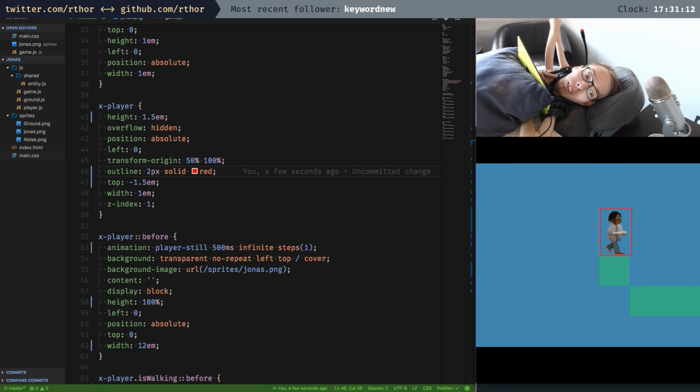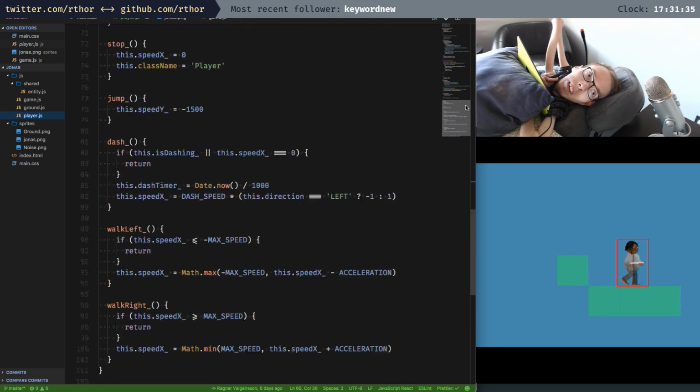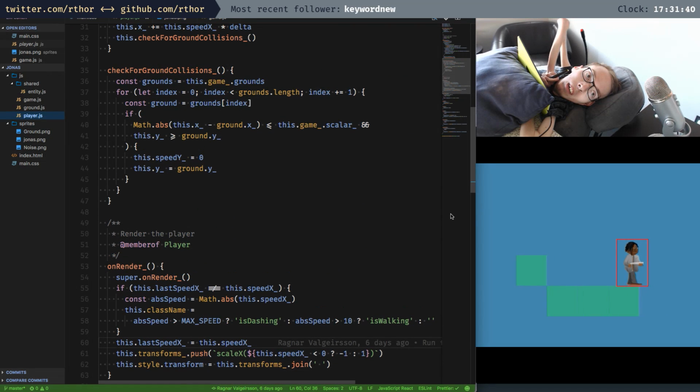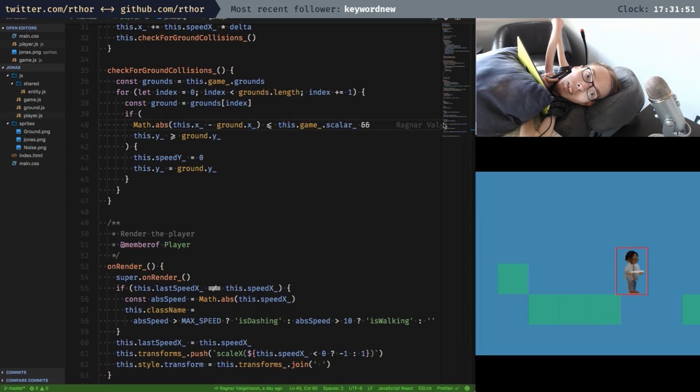So you can see we walk off the cliff, and it's not until the entire frame moves off the cliff as he falls down, and we kind of need to approximate this somehow. So I think if we go into the player class, our collision detection is way off, and this color is just too big. So if we bump that down a bit,